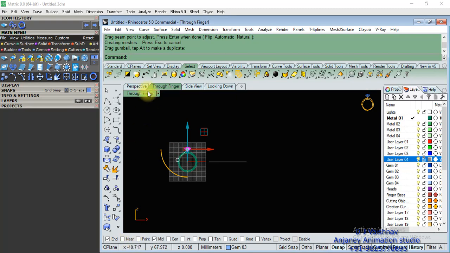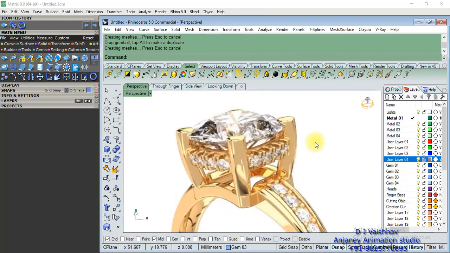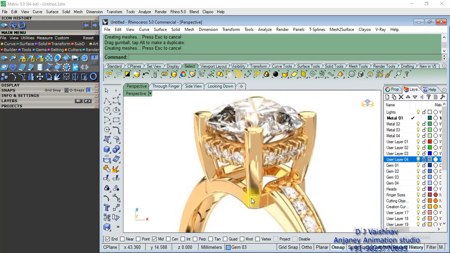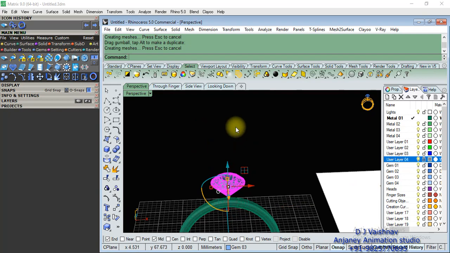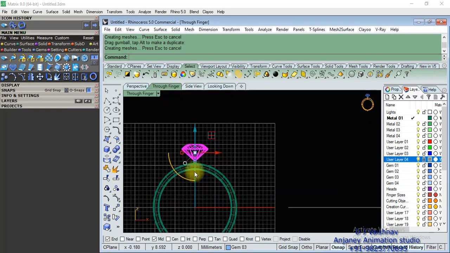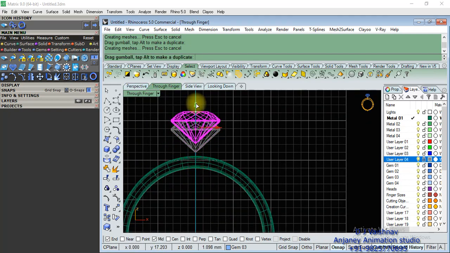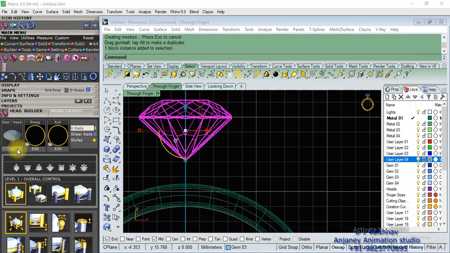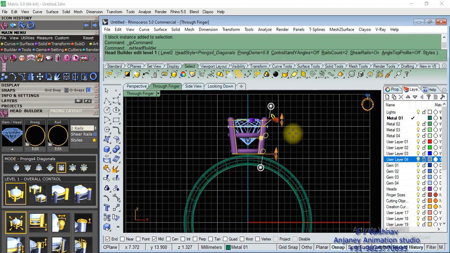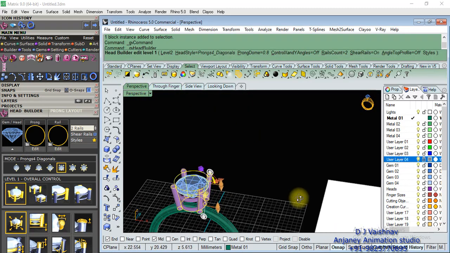Okay, now just check your profile. It is showing one kind of collet. Okay, so let's check if we have ready-made collet available. Go through finger and apply proper height. Now check collets settings, and we have heads, and this is my head builder. So select diamond and go to head builder and click here to set the gem. Okay, if this is the proper